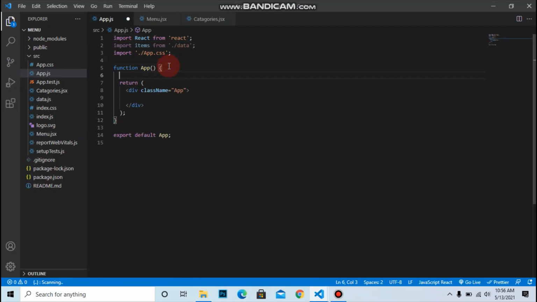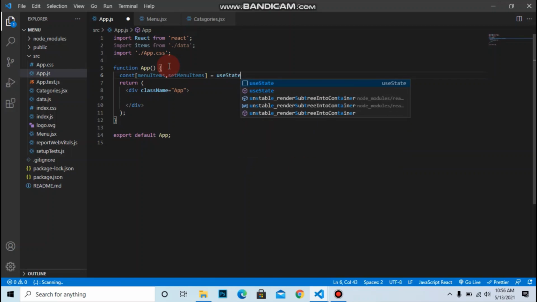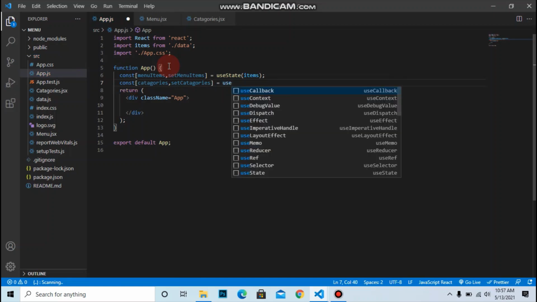So go inside the app and make a state variable const for menu items and the corresponding setter function, that is setMenuItems, equals to useState, and in the menu items we have the items value that comes from the data.js in the form of an array. The second variable is for categories and setCategories, which is initially an empty array.